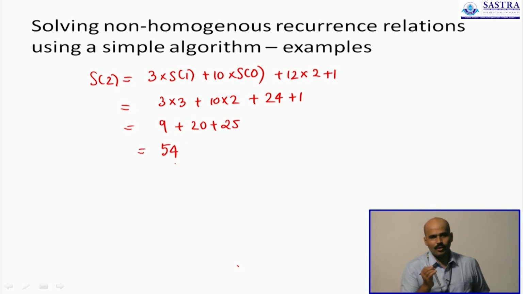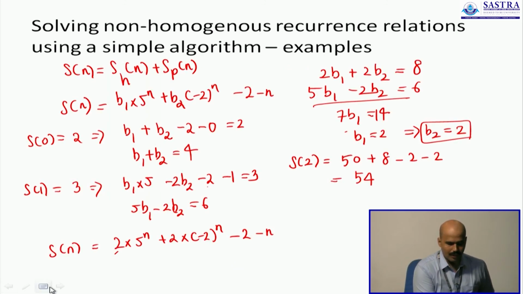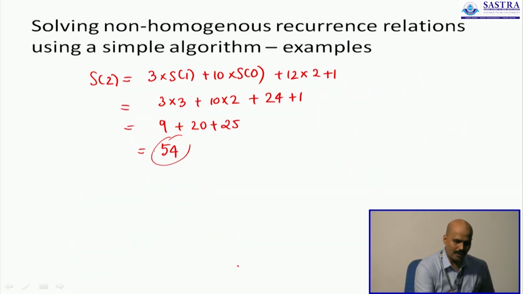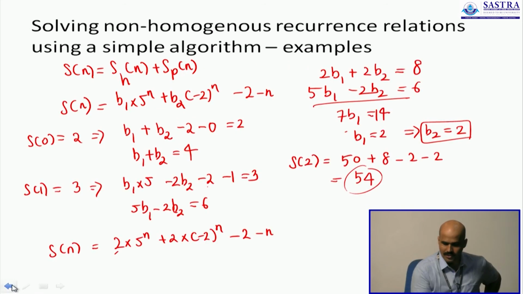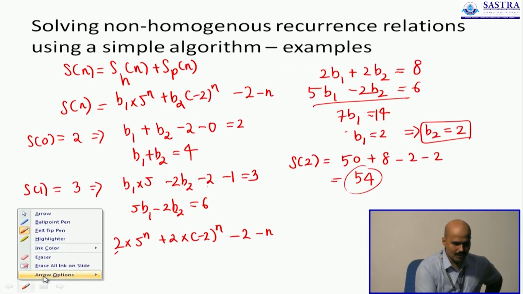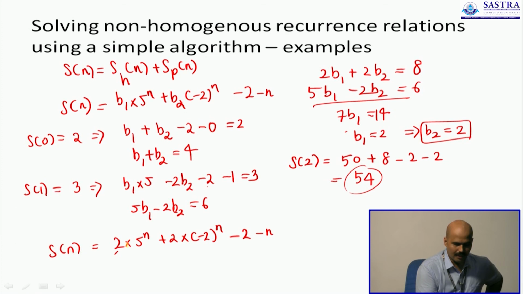So we have found out the second term of the sequence using two different methods, and both are the same. We got 54, we also have 54 here, and therefore we have actually solved the answer. The answer is up here. This answer is in fact perfectly right. That's the answer we are looking for.